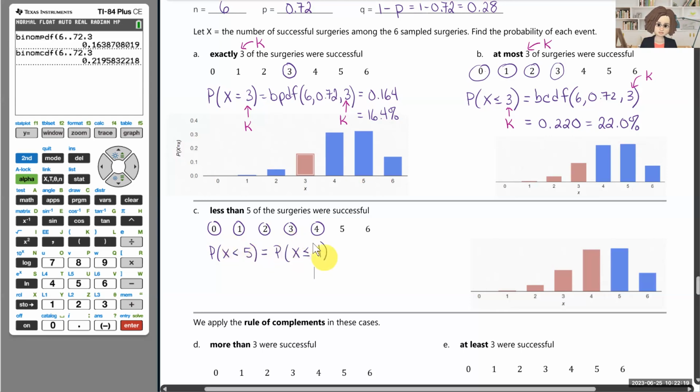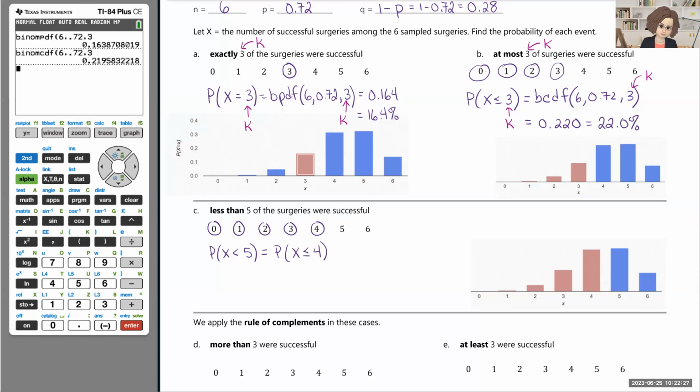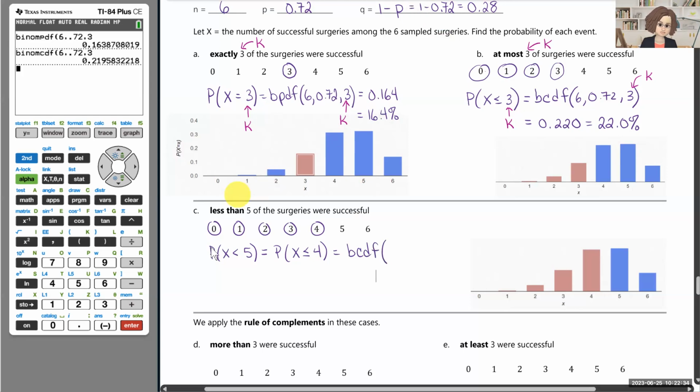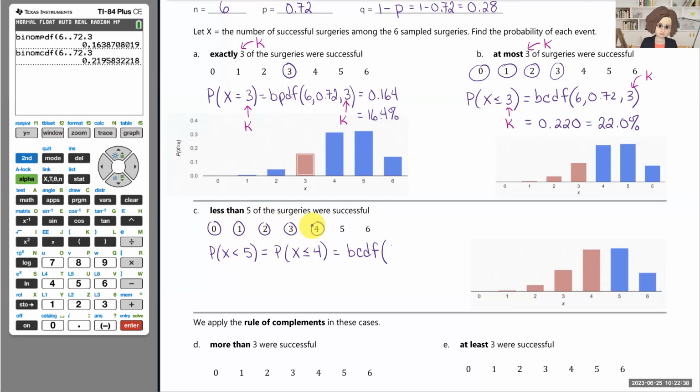So once we can write a question with a less than or equal to, then we can use our binomial CDF to add those probabilities together for us. So none successful, 1 or 2 or 3 or 4. All right, so in this case, 6, 0.72, and then we stop at